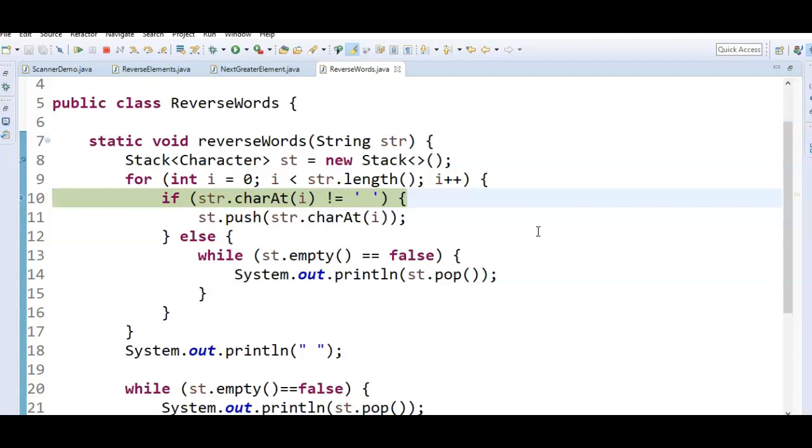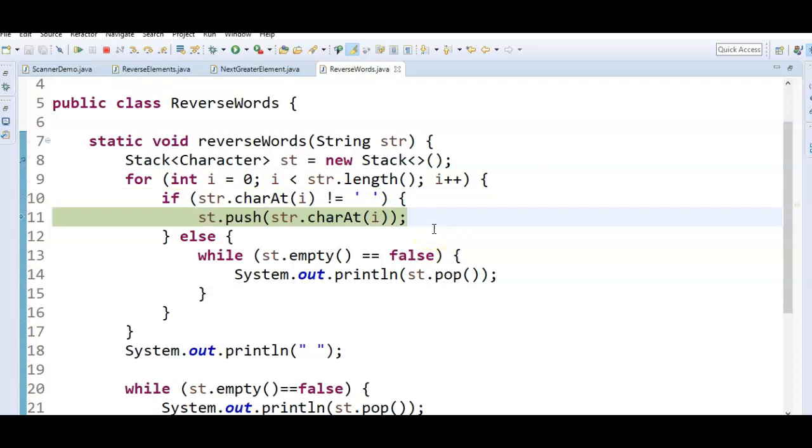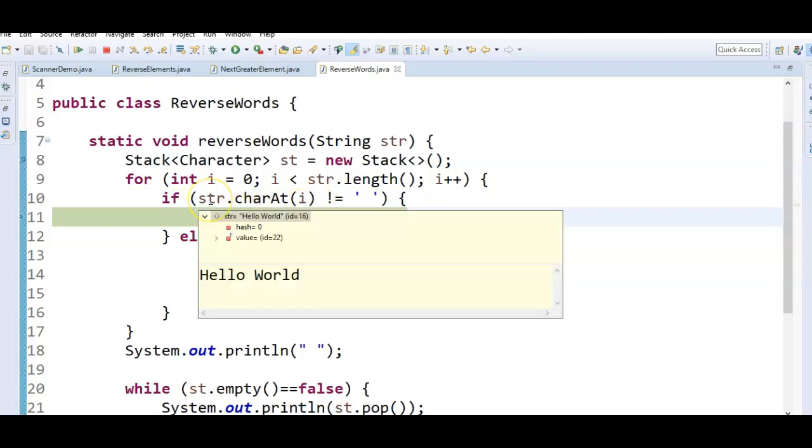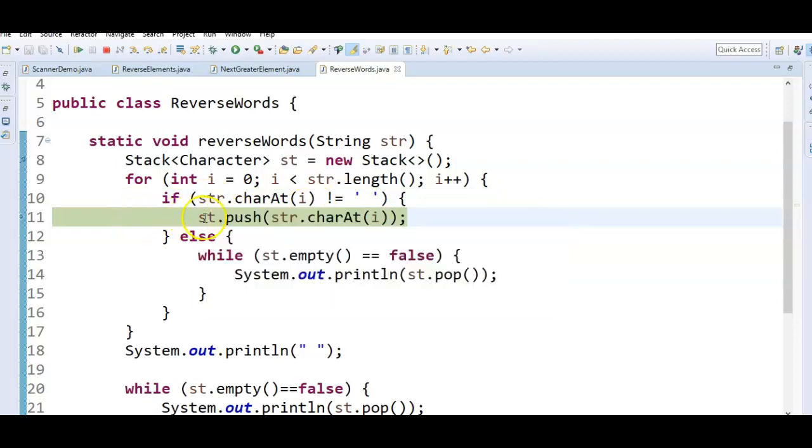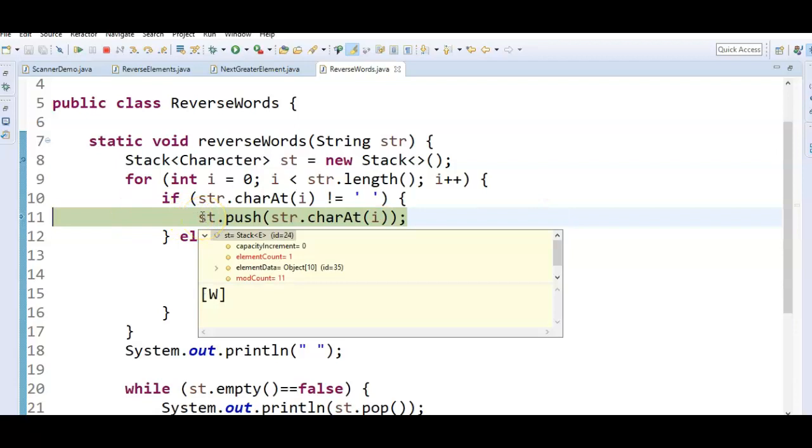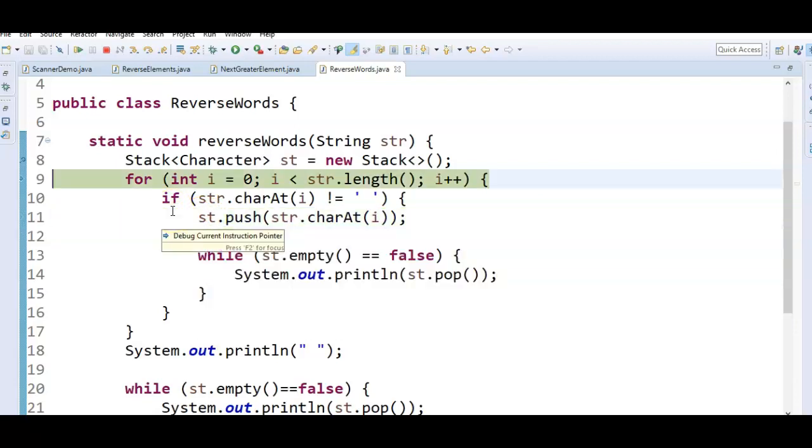Now what is the next character after Hello space? W is entered, and since it is not space, we are pushing the element into the stack.